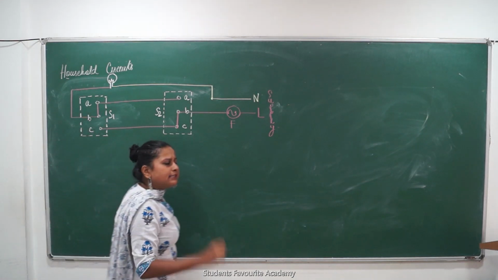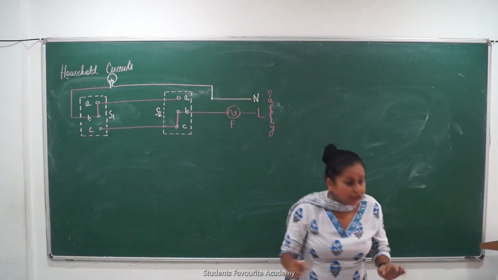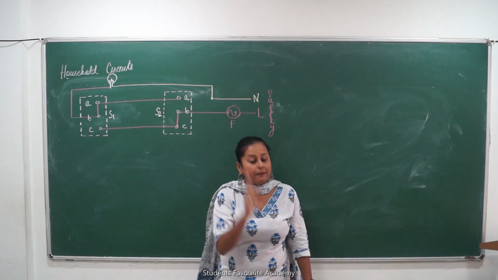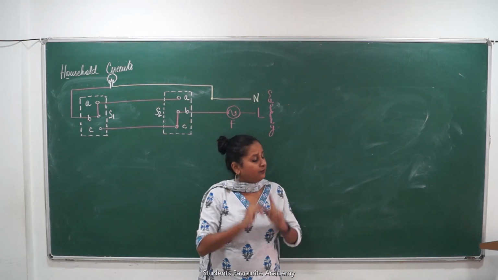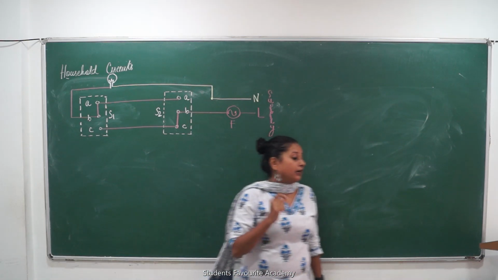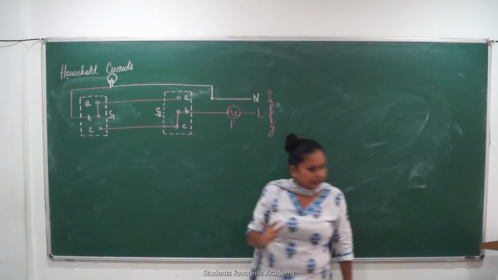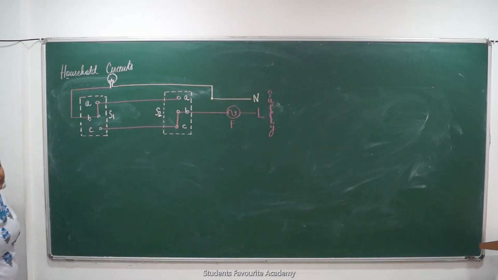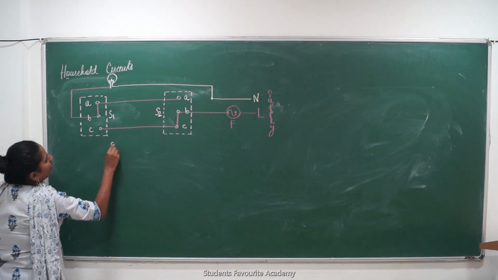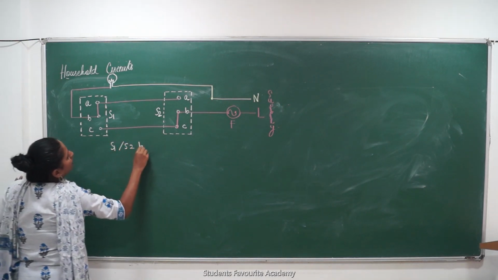So let's try to understand the mechanism. What should be the mechanism? What do we understand about switches? Switches are, if circuit is complete, current will flow. That means if the switch is on, the current will flow. If the switch is off, the current will not flow. Is it clear? In this state, can you see that none of the circuits are complete? If S1, S2, both are off.